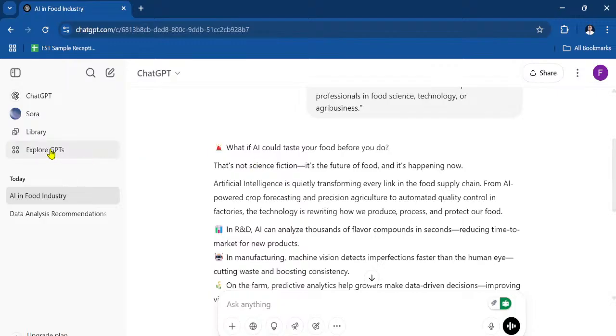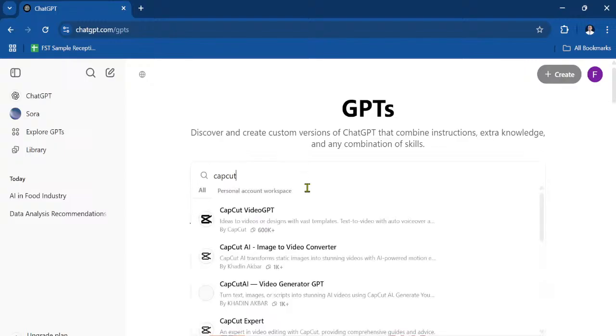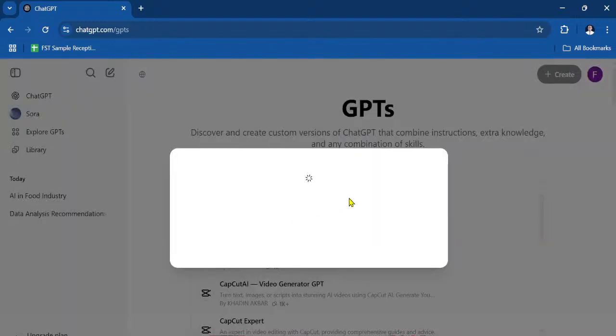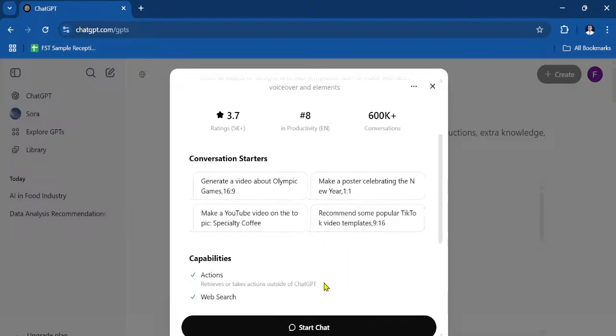So, as I mentioned earlier about the GPTs, we can go to explore GPTs, and there are a number of GPTs that we can use. We have CapCut GPT that can create voiceovers for you. This one was created by CapCut themselves, so I'm going to use that. But it needs to be linked to your personal CapCut account, so you need to create a CapCut account because it will lead you there to be able to download